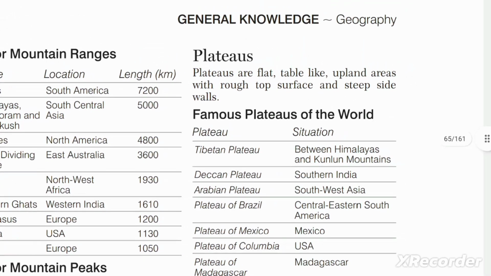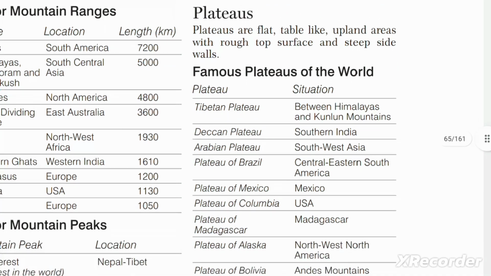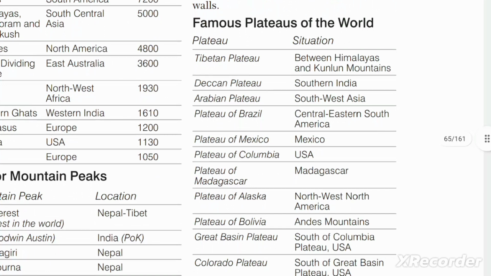First, here I see plateaus. Plateaus are flat, table-like upland areas with rough top surface and steep side walls. Famous plateaus of the world: Tibetan Plateau between Himalayas and Kunlun Mountains, Deccan Plateau, southern India; Arabian Plateau, southwest Asia;